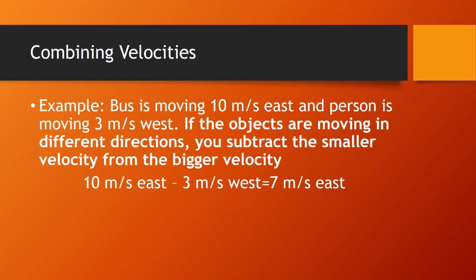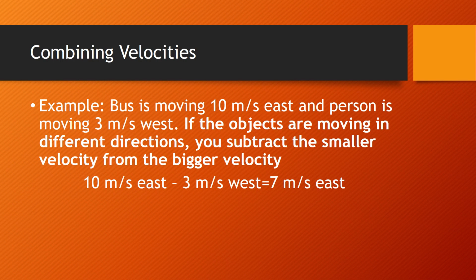Now our direction label is going to be whichever direction the faster velocity is in. In this case, the bus is moving east and it has the faster velocity, so that means our person is moving at 7 meters per second east. Basically, this person is still moving in an east direction. If you're on a bus and you're walking towards the back of the bus, you're still going the same direction the bus is. You're still moving with that bus, but just not quite as quickly